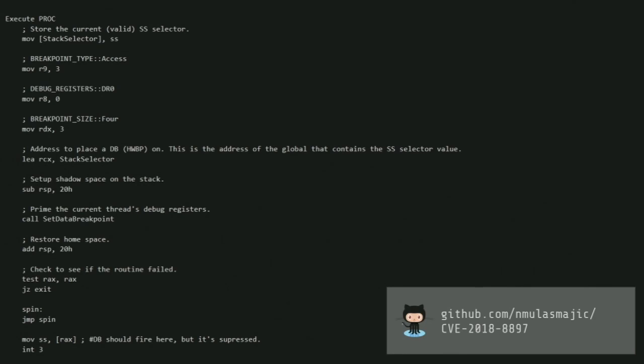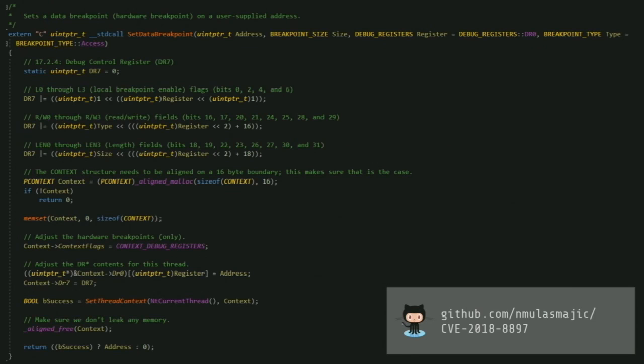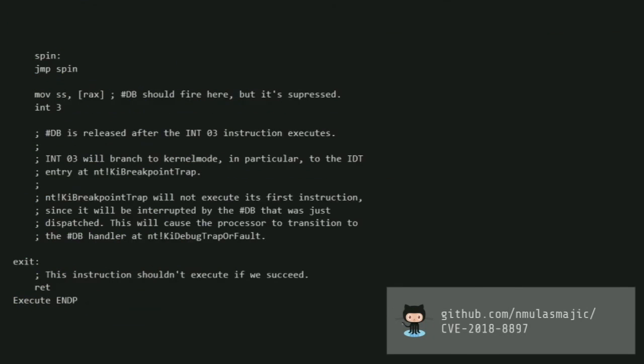And then if you look in the middle, you'll see a call to set data breakpoint. That's important because of course we have to have a pending DB exception by the time we reach the mov SS. Otherwise, we're not going to have the pending DB fire at the right point. And then, as Nemi explained earlier, we call SetThreadContext, the higher level Kernel32 function, to set the data breakpoint on the memory that the mov SS is going to access. That's important again because if the debug register isn't armed, then this interrupt isn't going to fire.